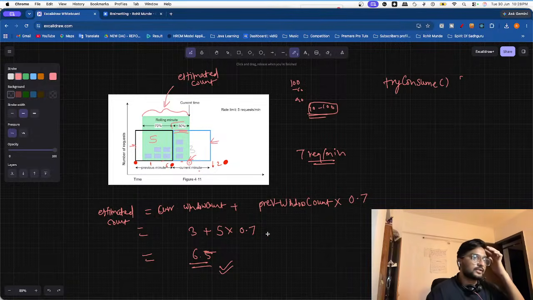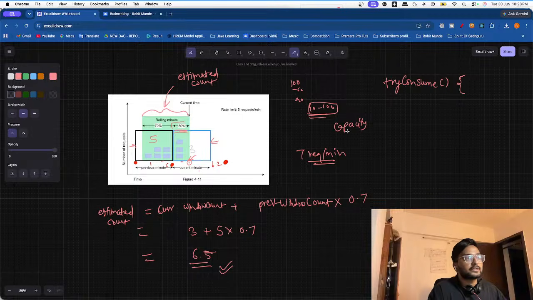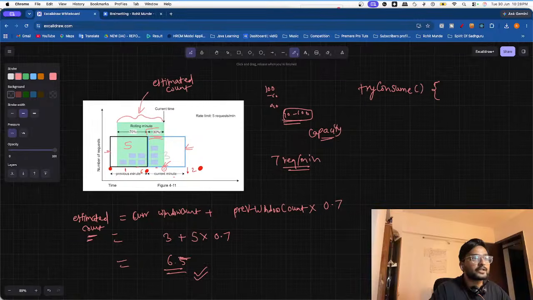Okay, no issues. I'll write it again. So the core logic of this can be said as, for example, we have capacity. You know how many requests can be catered, and then this is the estimated count. So that means how many requests can be passed right now. How can we calculate that? So simply we can calculate that as capacity